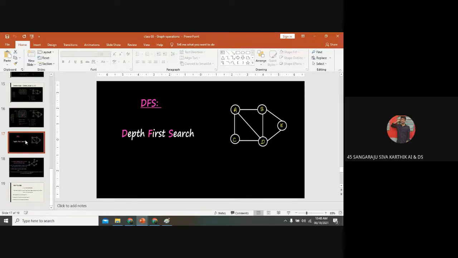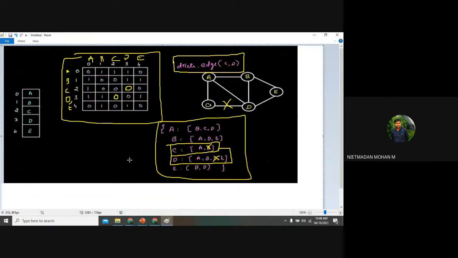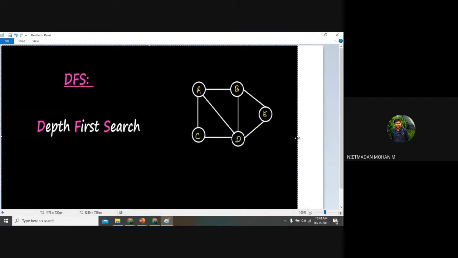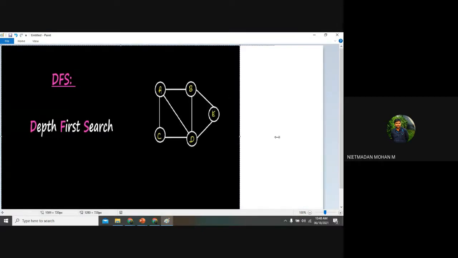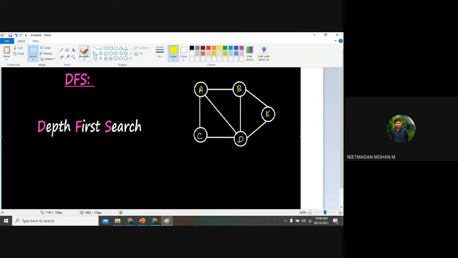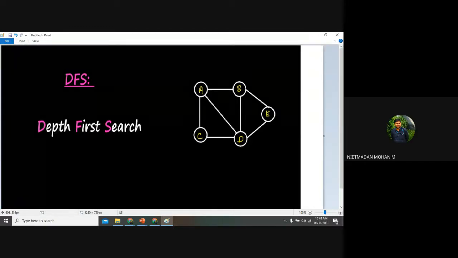Tree nodes depth. That is the longest path. Yes, one more time. Longest path, sir. Longest path. Okay. Any other answers? Any other? No, sir. We need to find the first depth, sir. Yes.